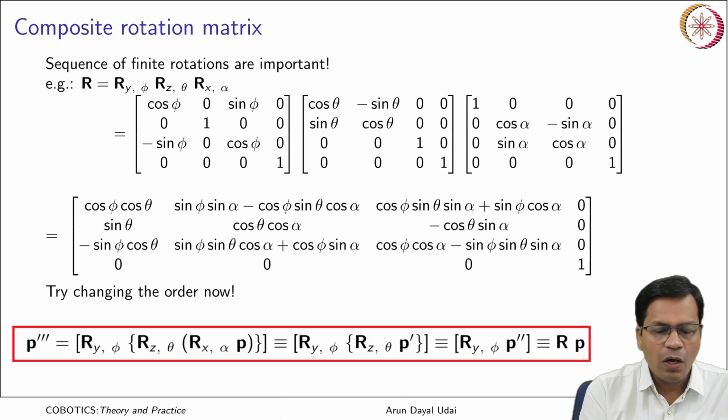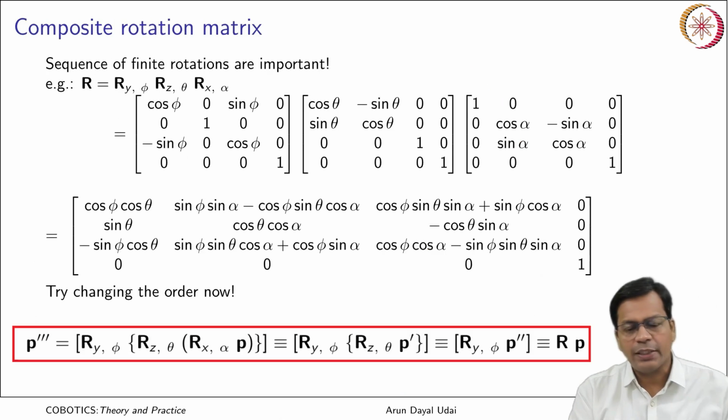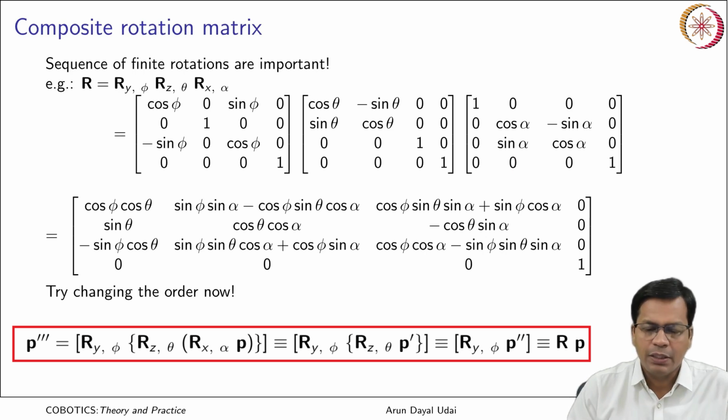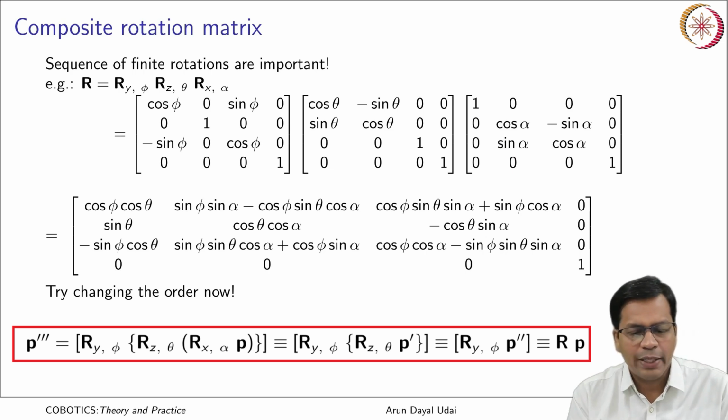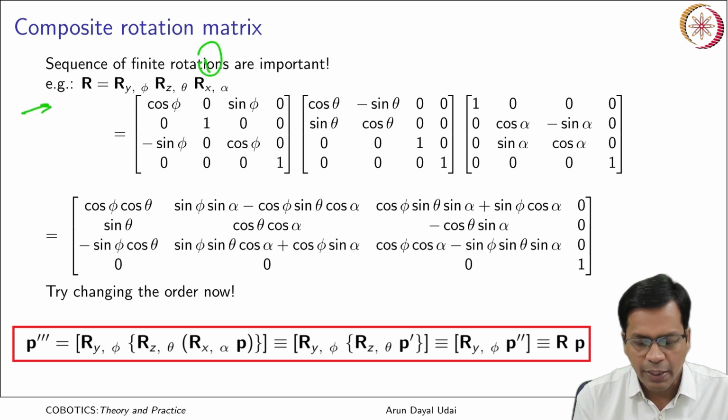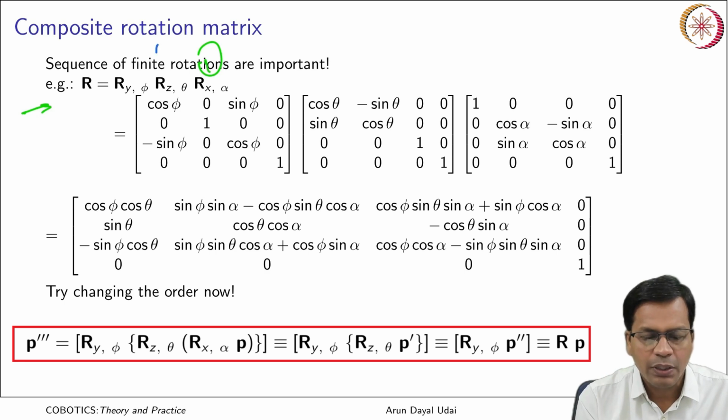Okay. So, now composite rotation matrix. Let us say there are multiple rotations which are happening one after the other about x axis, about y axis, about z axis or in different order. So, that can go like this. A finite sequence of rotations are arranged in a way like first rotation comes first, second rotation will come here, third rotation will go here.